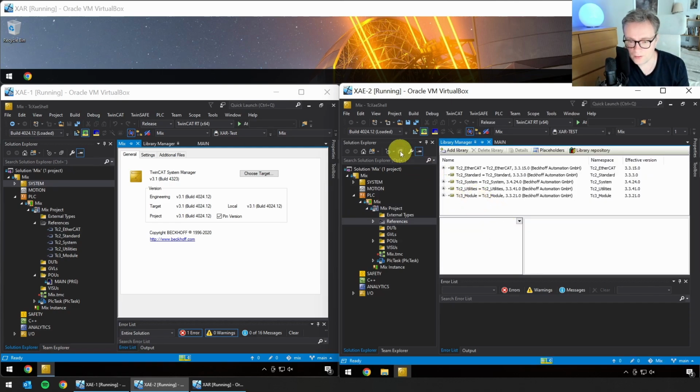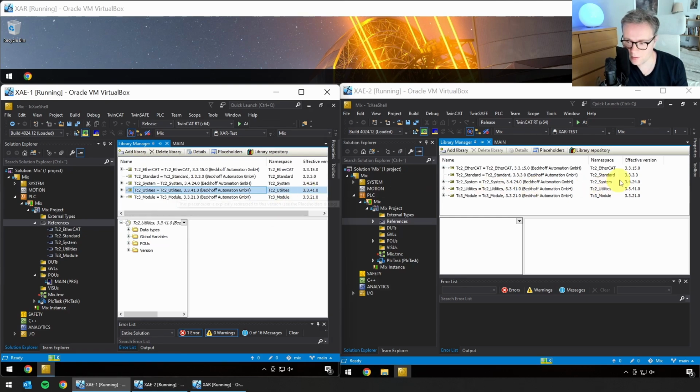now it's opened, and now we can see that it actually loaded the project with 4024.12. Even though it has a newer version here, it opened it with this particular version. And we can also see that the library versions here, if we compare them, are the same, because we have frozen the libraries through placeholders. So we've frozen both the libraries and we've frozen the compiler that TwinCAT is going to use to compile this application. So now if I log in,